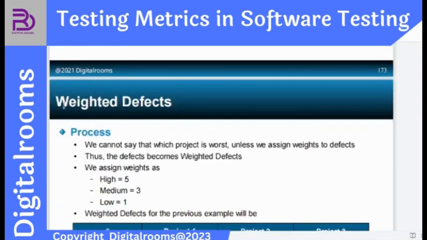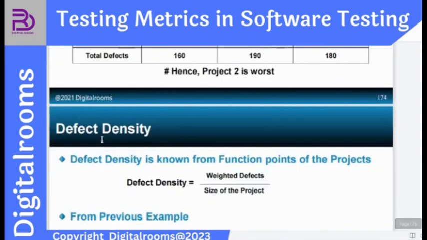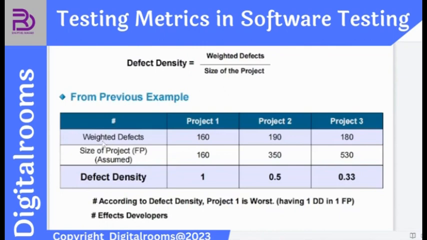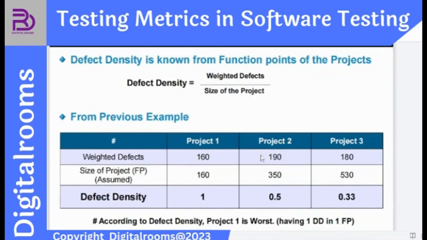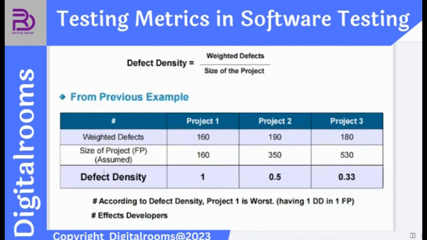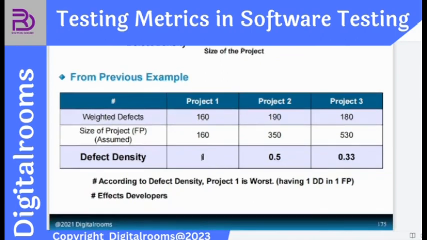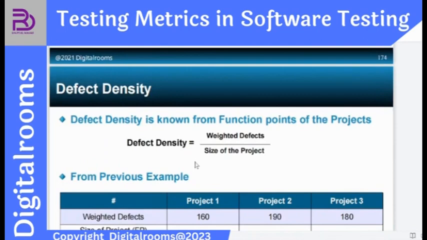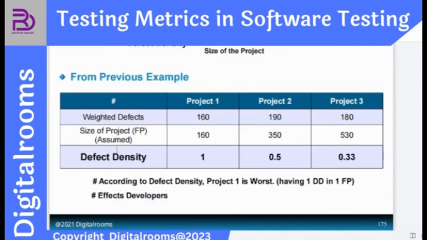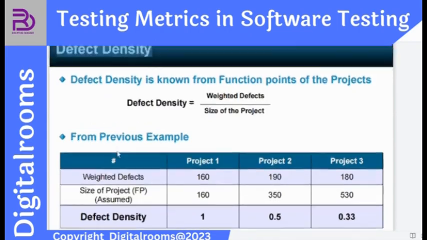But in terms of what? In terms of weightage defect. If we calculate the defect density, we take projects 1, 2, 3. What is the weightage of the defect? 160, 190, and 180. Then the sizes are 160, 350, and 530. Now once we divide the weightage of defect by the size, we know that project 1 is worst, depending on defect density. If the defects